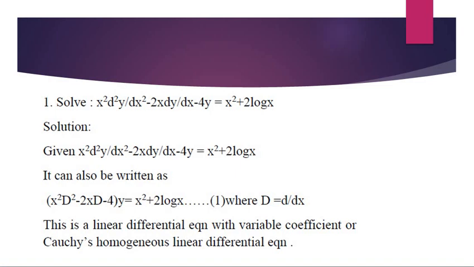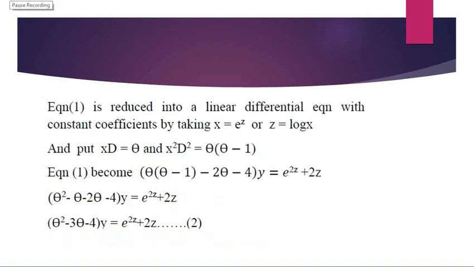So this is a linear differential equation with variable coefficients, or you may call this a Cauchy's homogeneous linear differential equation. Now equation 1 can be reduced into a linear differential equation with constant coefficients by using a suitable substitution. Here we are taking x as e power z, and therefore z is log x, and also we put x into capital D as theta, and x squared D squared as theta into theta minus 1. Therefore the given equation 1 becomes theta into theta minus 1 minus 2 theta minus 4 into y